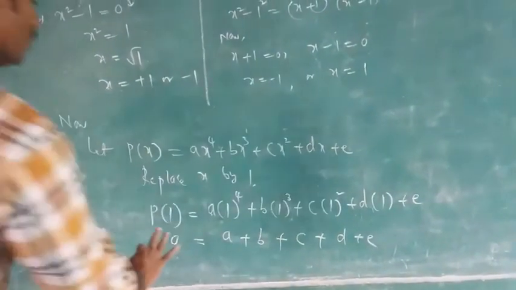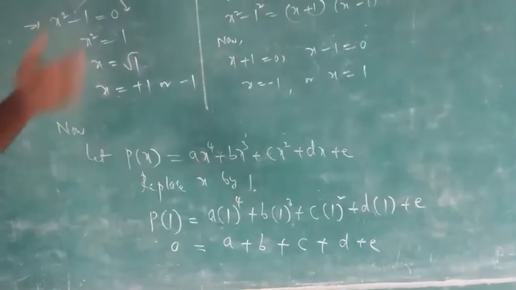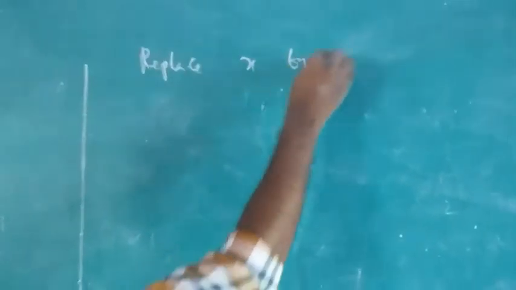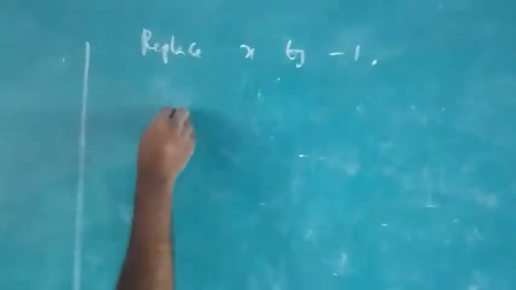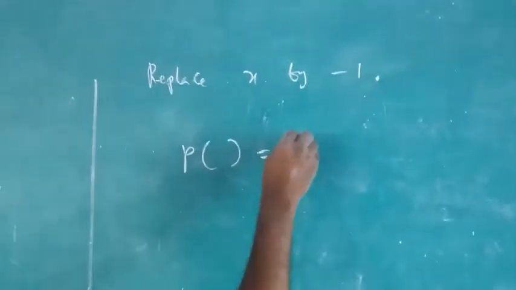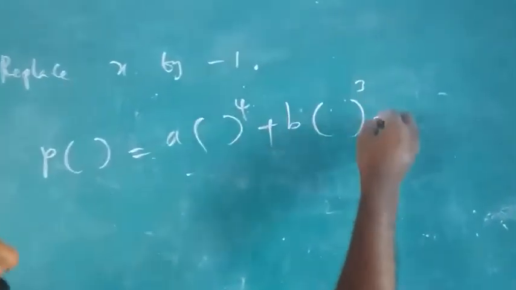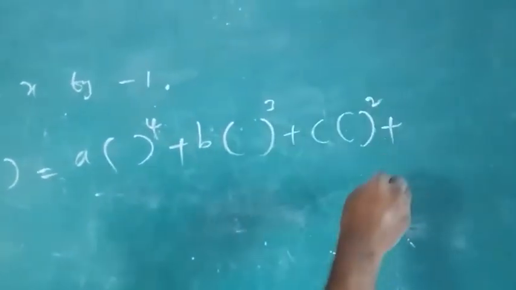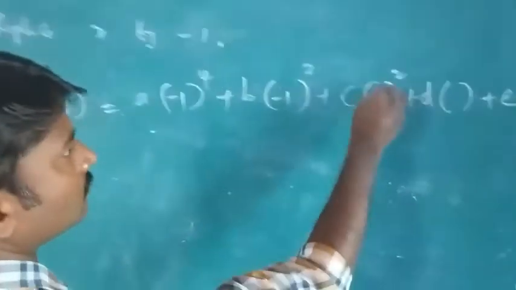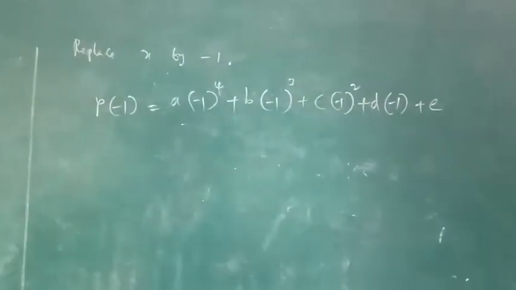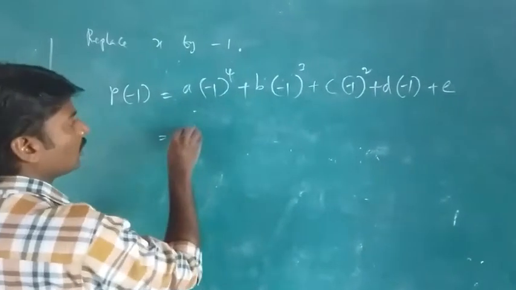Children, now we'll put hold on this one. Now we'll go for p of minus 1. Same you take here. Replace x by minus 1. Wherever you see x here, put empty bracket, same as it is. Here b into x cube, plus c into x square, empty bracket, d into x, empty bracket, plus e. Replace better, minus 1. Okay? If I am going fast, you please understand the video once again, you play and you watch it. Minus 1 whole square whole to the power of 4 is 1 only.